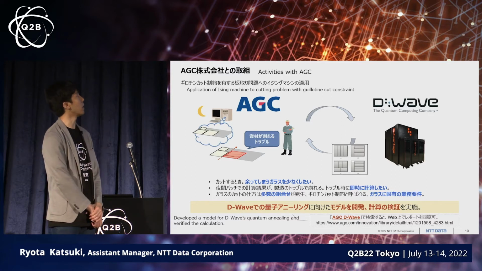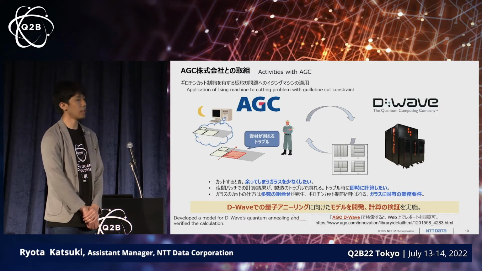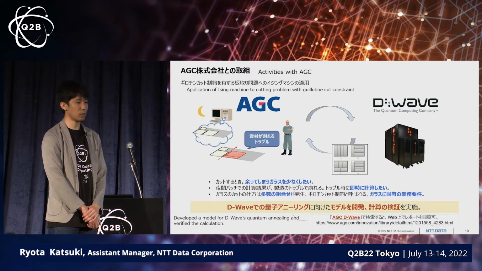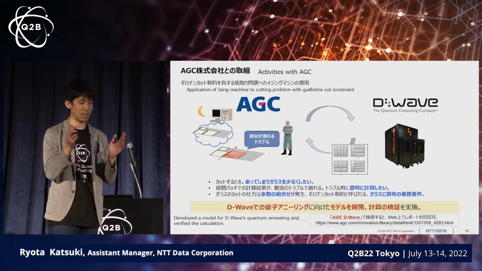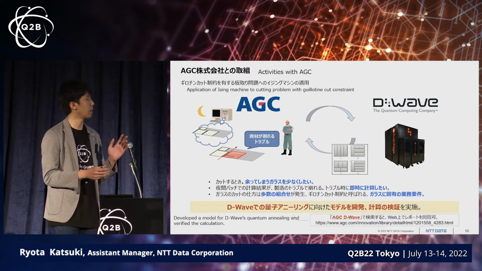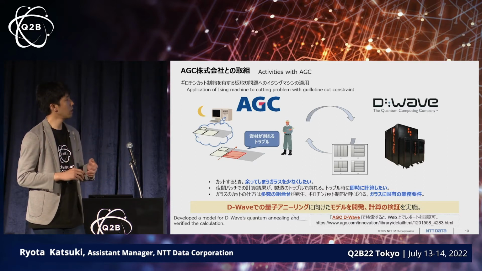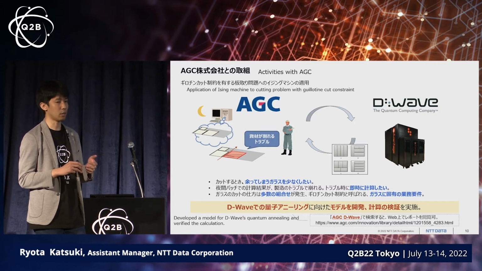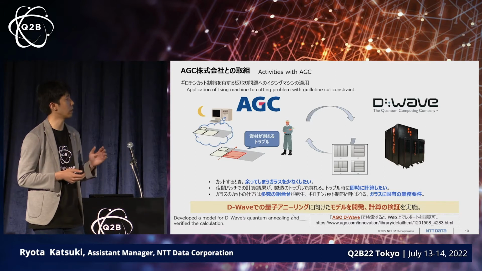Now, the combinatorial optimization of D-Wave can be used in different areas, and here is an example of AGC, a glass manufacturer. From the mother glass plate, you have to cut out window-sized glass pieces. And of course, they want to minimize the glass loss when they cut the mother glass. Minimizing the waste can be computed by existing computation overnight.